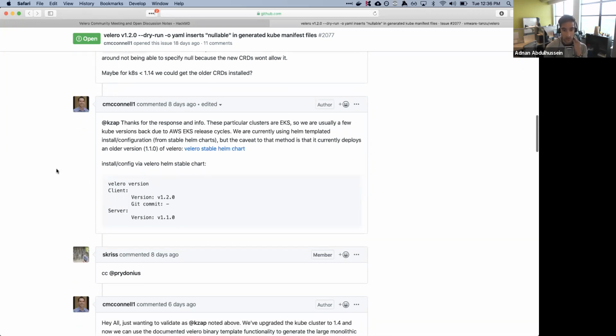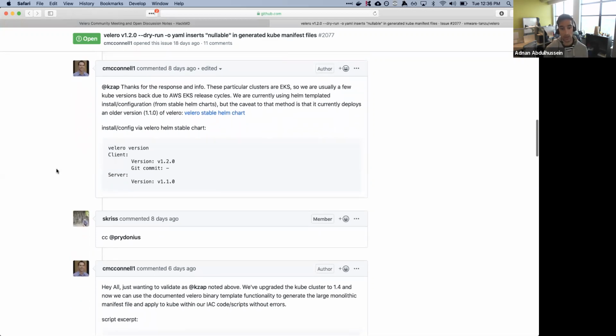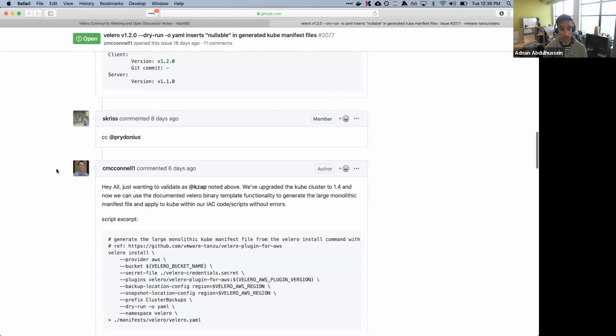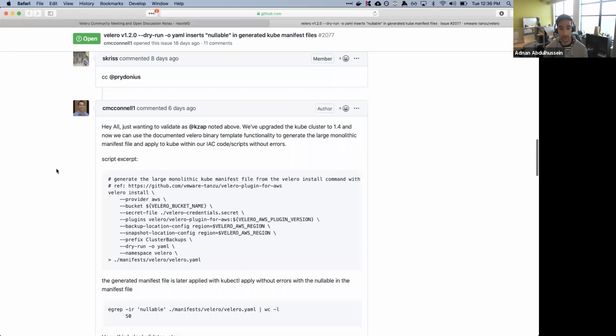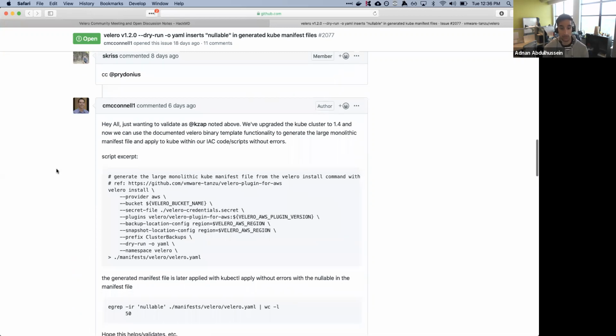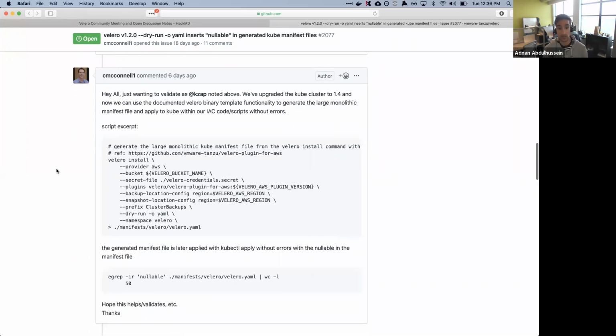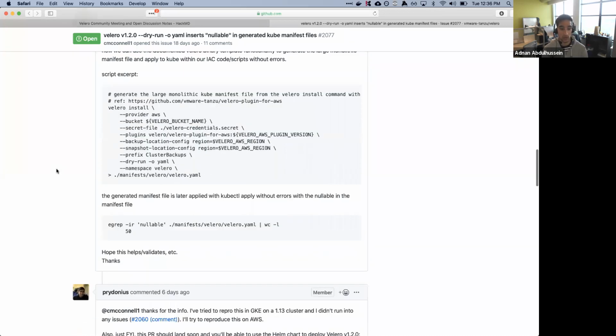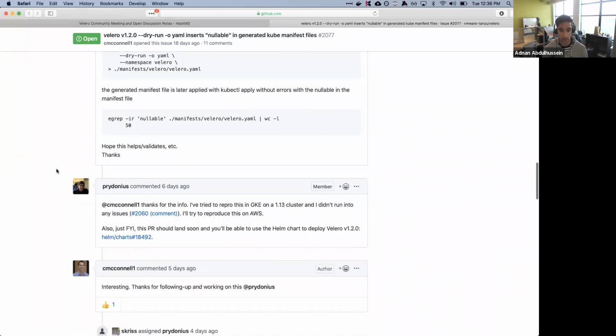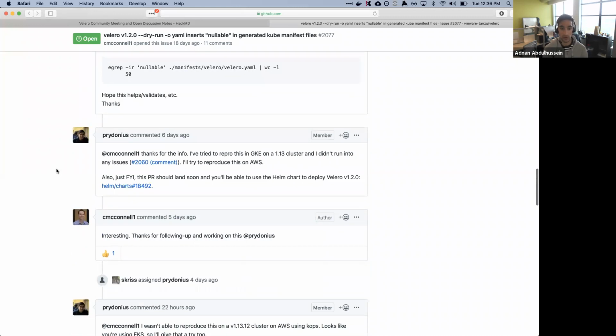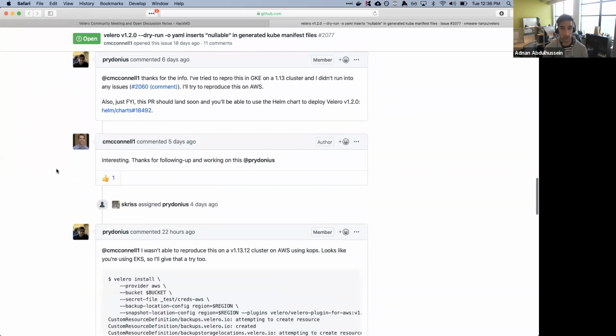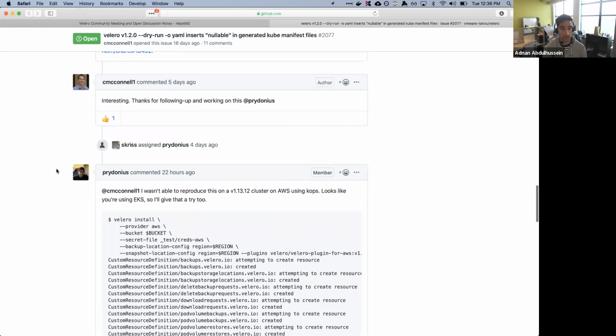So I had a look at whether it makes sense for Velero to do that client-side validation, and I don't think it does. I'm not sure how kubectl is doing that specifically, and the server will do its own validation anyway, so any actual incorrect errors will be reported back with Velero install. So it might just be a question of, should we document that if you're trying to do this on a 1.13 cluster and you're piping it to kubectl apply, you need to set validate to false.